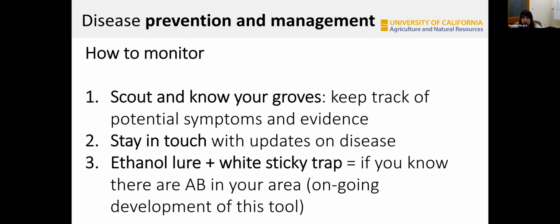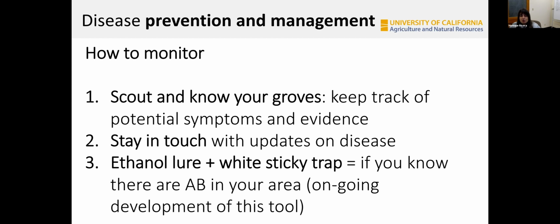And then in development, there is an ethanol lure and a white sticky trap. In particular, if you know there are ambrosia beetles in your area, this might be a good way to just see what's there. But again, you'll need experts to identify what in particular is there. So this is an ongoing tool. We used this in Florida right before I left in a study. So hopefully this will make it to market and be something that can be used as